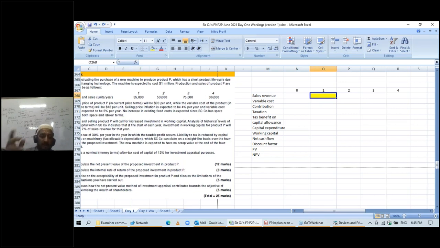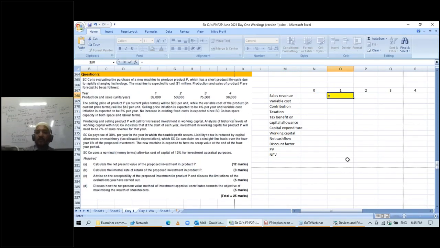For example, in year 1, regarding sales revenue. The question says the selling price of product P is $20. This is the selling price in current price terms, meaning these prices are at the decision making date. So in an investment appraisal question where the inflation rates are different, like an inflation rate of 4% for the selling price and 3% for the variable cost,